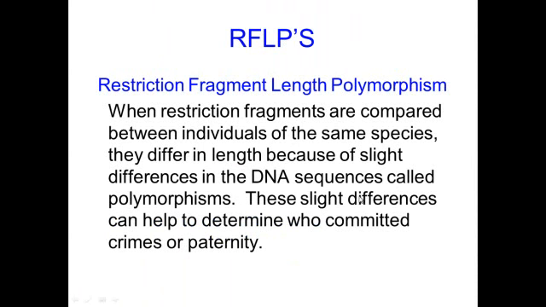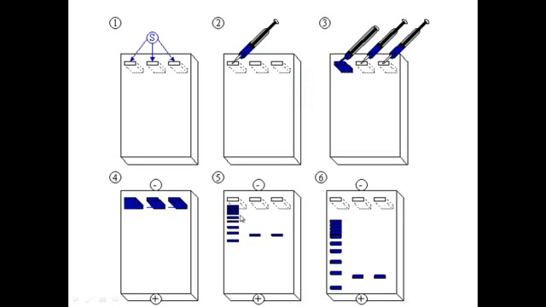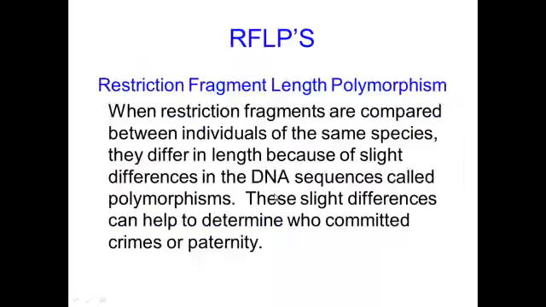Okay, that leads to another term that we need to be aware of. It's called a restriction fragment length polymorphism, or RFLP. Each of those little segments of DNA is called an RFLP. When you use that restriction enzyme, it's going to cut the DNA at that sequence wherever it is, in the middle of genes and introns, wherever it is. It's going to cut the DNA.